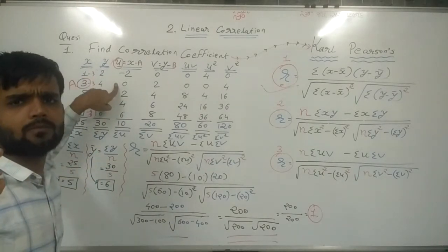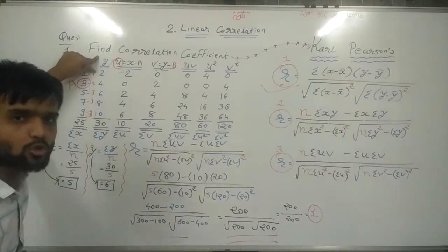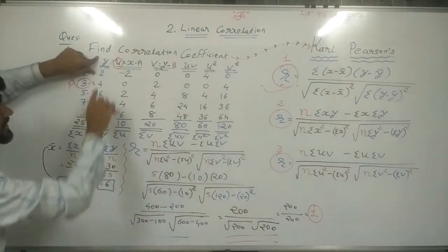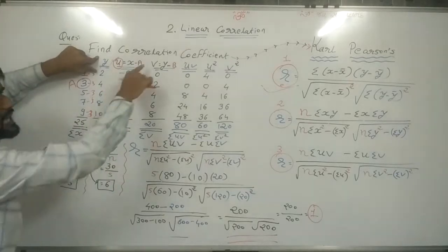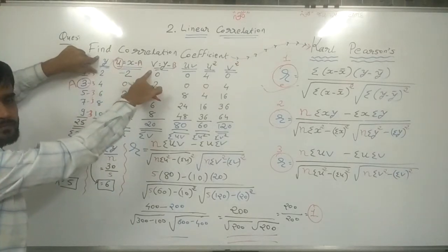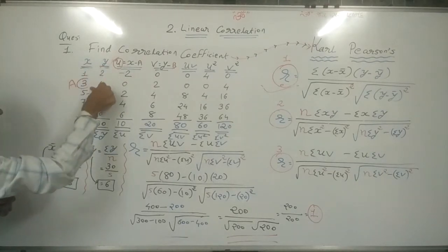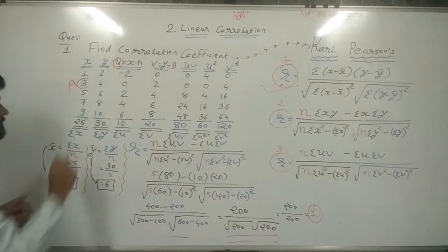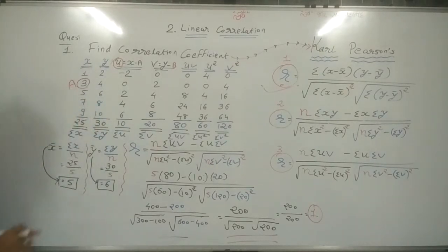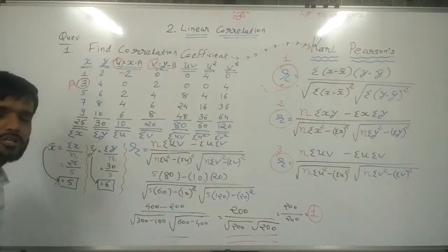Same way, same situation for y also. If I deduct any assumed value from y, then I get the value of v. Now I make the original sum, because minus 3 is actually not given. So a is equal to 3. Now we are talking about u. How can we find u?